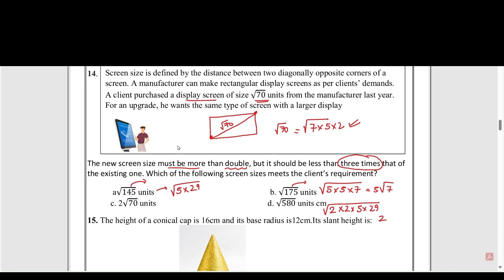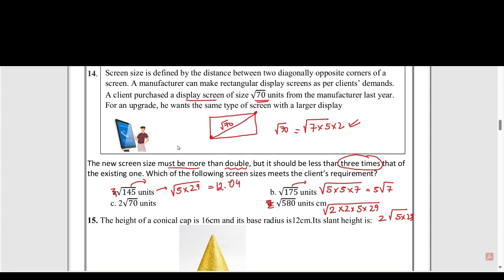So 2 can come out and under root 5 into 29. So this one and this one is double, and if I solve it using square roots, then